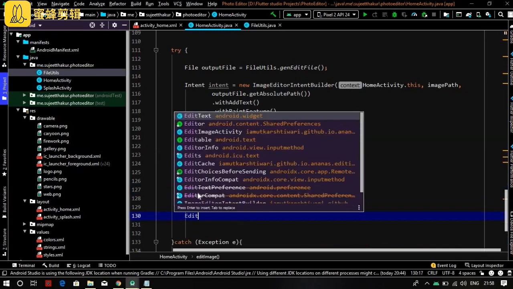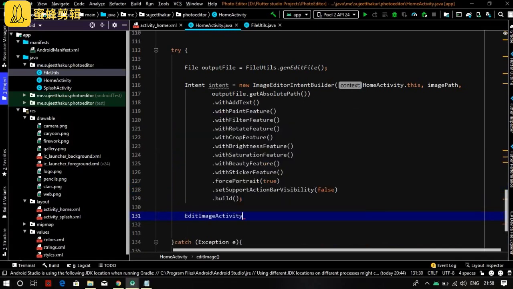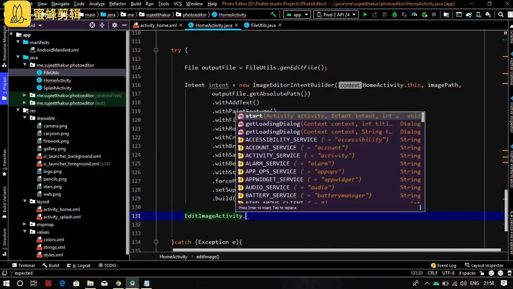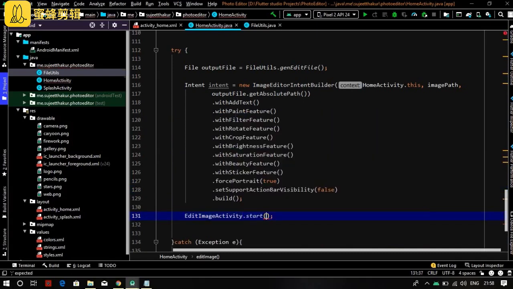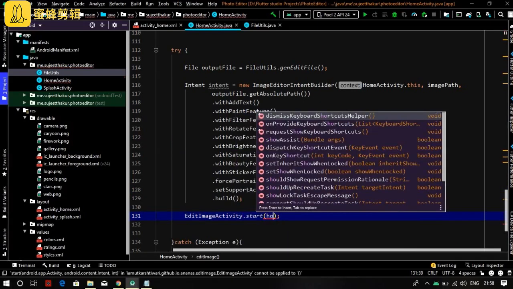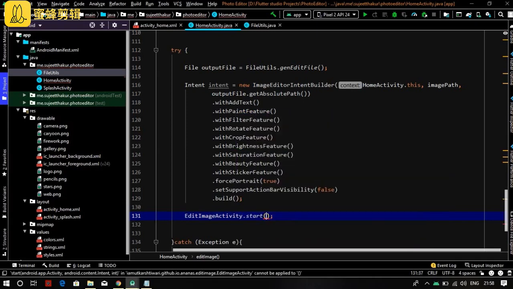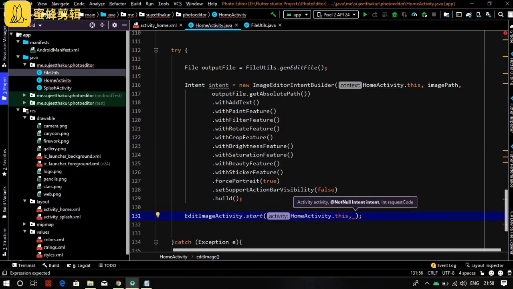Now call it here: edit image activity dot startActivityForResult intent, HomeActivity.this, comma, intent, comma, and our request code here.